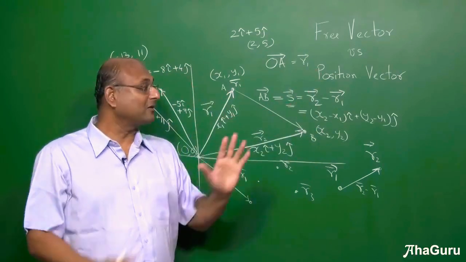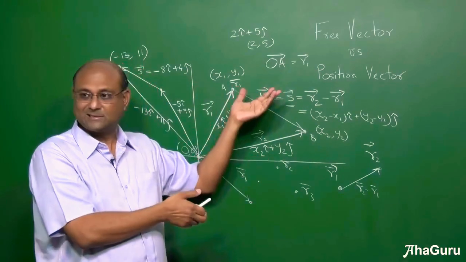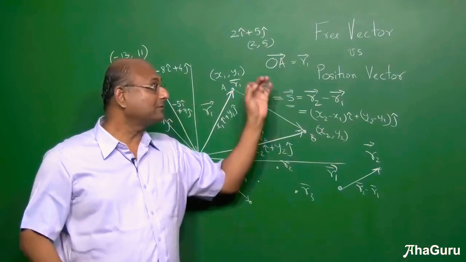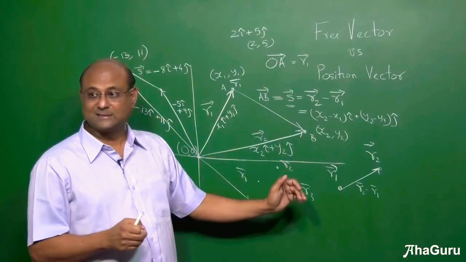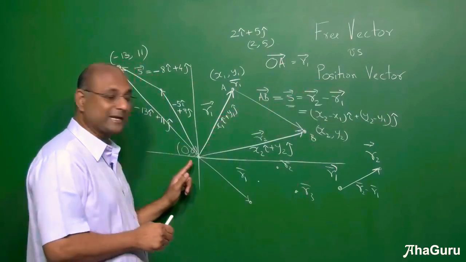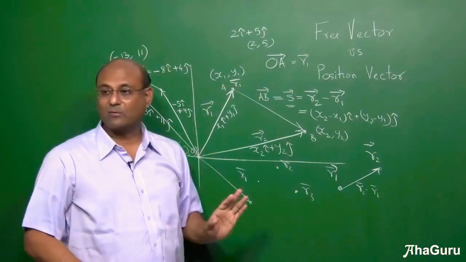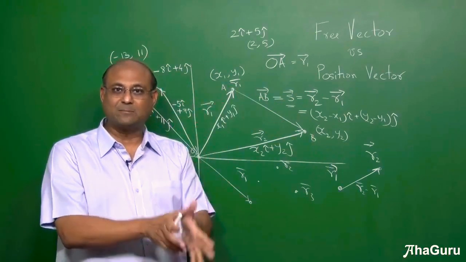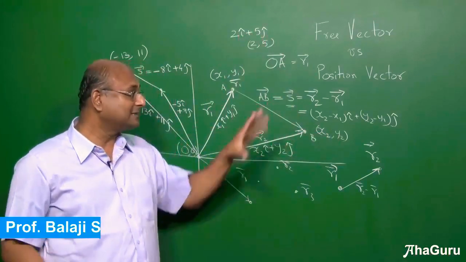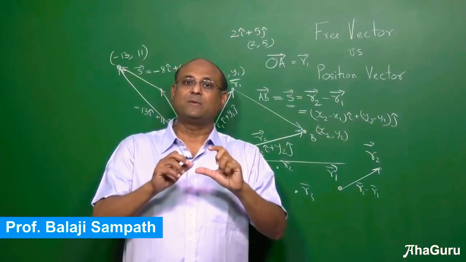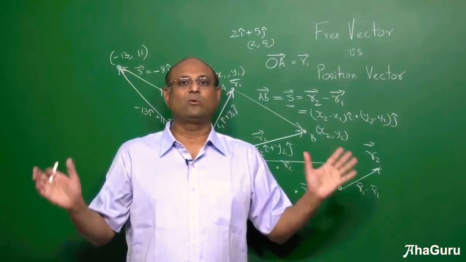So we have learned a lot of different concepts here. Right? So basically, when you do problems, you will start to apply these ideas. So my suggestion is, look at each of the concepts carefully, take down notes, you understand what you are talking about. There are lots of words here. So when you say position vector, it means starting at the origin. You don't have to say the starting point. So position vector of A, R1 vector. When you say magnitude, you mean something. When you say angle, you mean with respect to the x-axis, right? Now there are lots of words that you are using in vectors. So we need to understand those words carefully. And the best way to do it is to apply it to a whole bunch of problems.